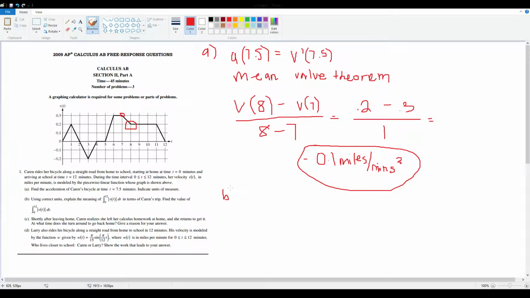And for part B, it says using correct units, explain the meaning of the integral from 0 to 12 of the absolute value of velocity dt in terms of Karen's trip. Find the value of this. So you can say the integral from 0 to 12 of the absolute value of v of t dt is the total distance